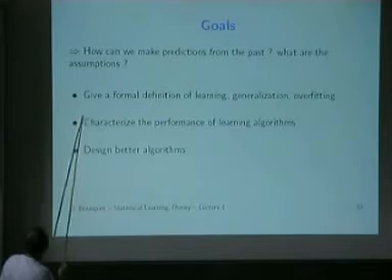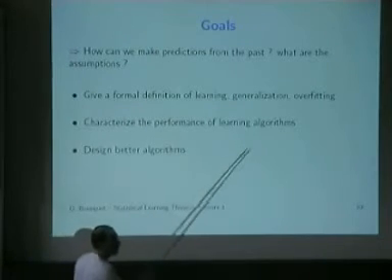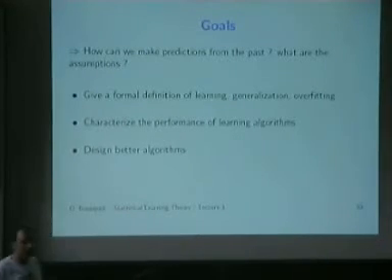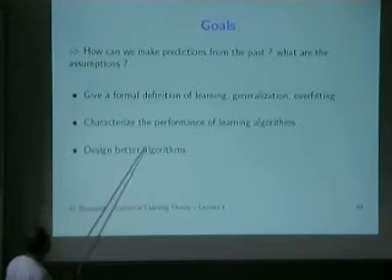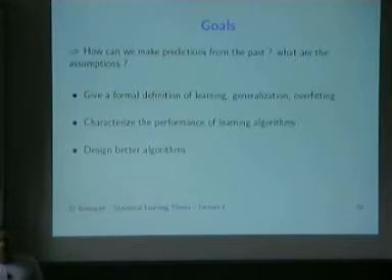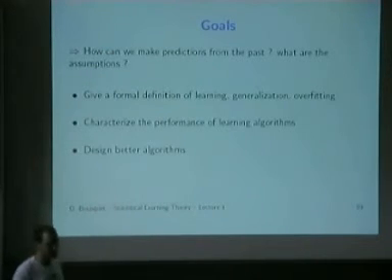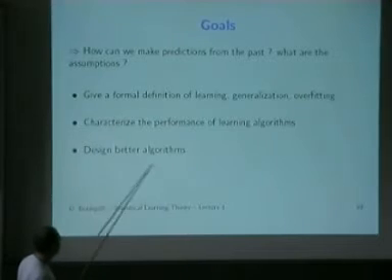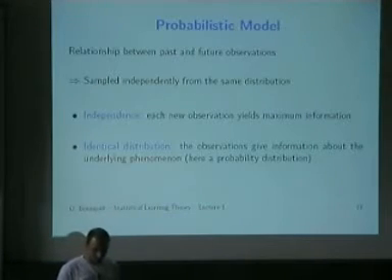Then, given these definitions, we will be able to characterize the performance of certain learning algorithms and give quantitative results. And then hopefully, from this characterization, once we understand how learning algorithms work, when they work well and when they work badly, we may be able to design better algorithms. But I will not really detail this in this set of lectures. Okay, so